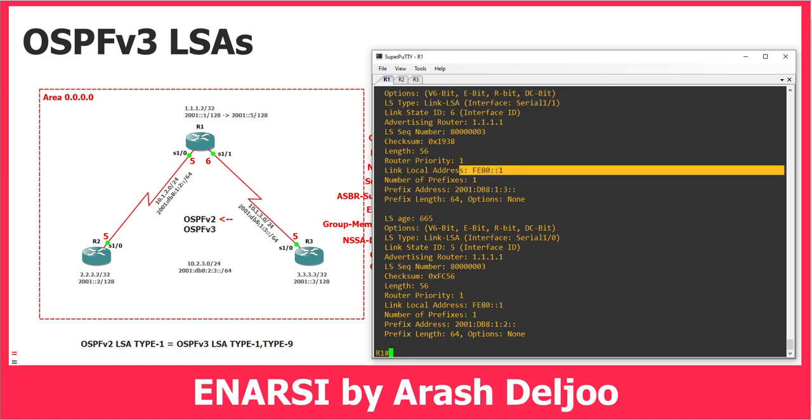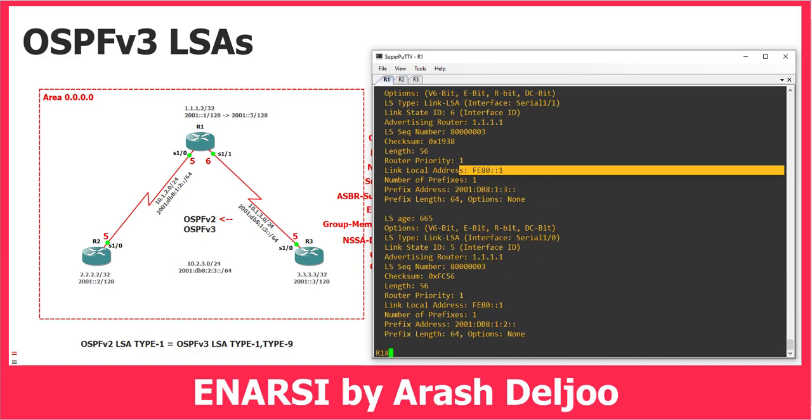Okay, you know that finally each router should create this topology, because before the LSA type 8 we had the topology from the LSA type 1, and also we have the addresses with the LSA type 9. Now we have the link local address of router 1 with the LSA type 8, for example. Also in router 2,